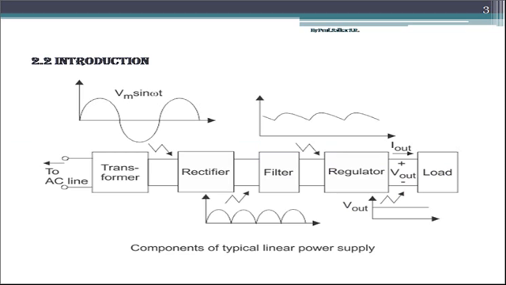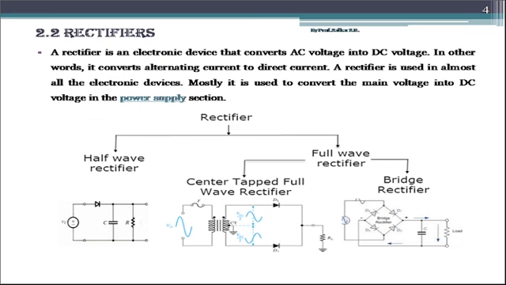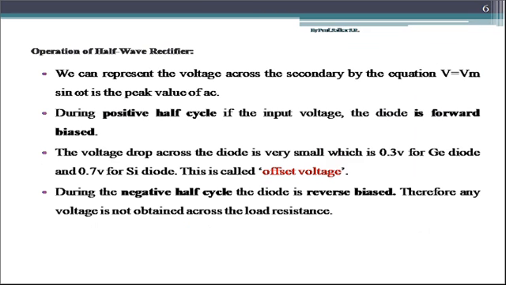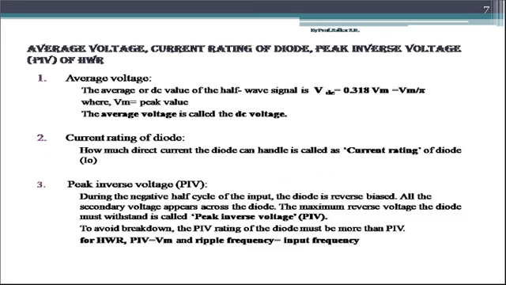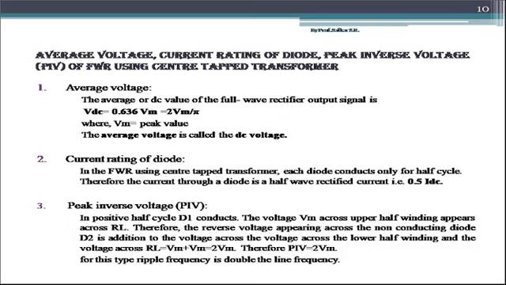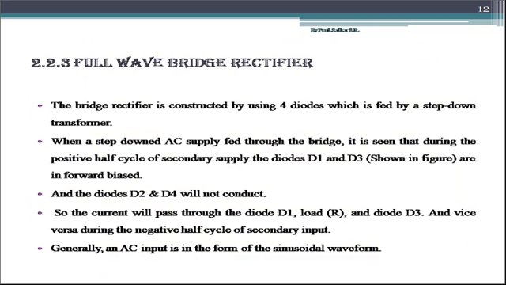As in the first three YouTube lectures, we have seen part 1 of chapter number 2, power supplies. That is, we have covered its introduction and we have studied the first block of the block diagram, that was the rectifier. We have studied all types of rectifiers in detail in those first three YouTube lectures. Now, in this video lecture, we are going to start with the next part of the chapter, that is, we will name it as part 2 of chapter number 2.